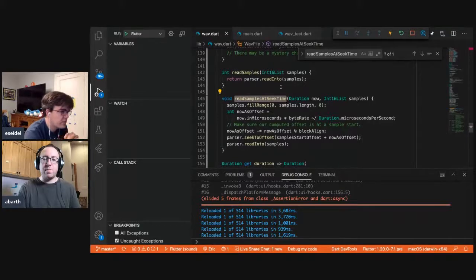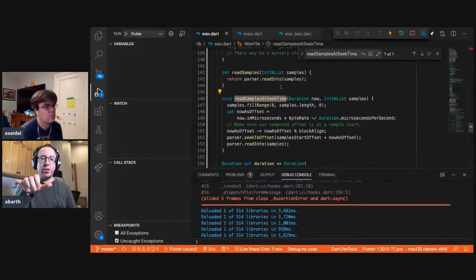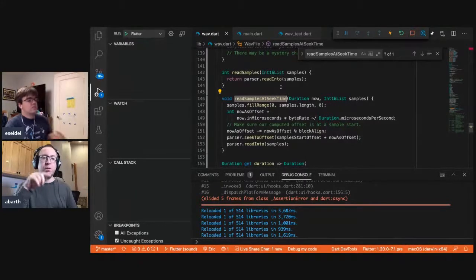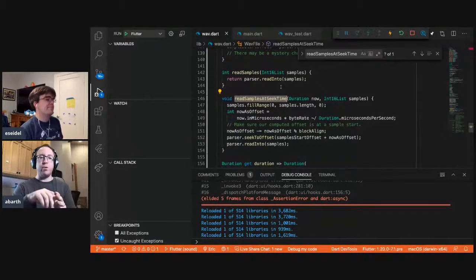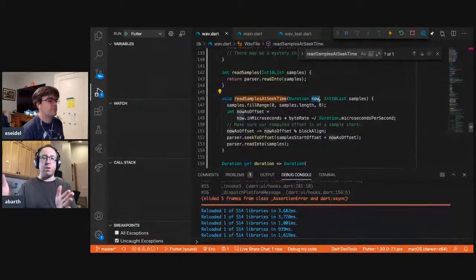Yeah, so we take our signal with fill. Now is an offset. Maybe now is the wrong concept here. Maybe we should give a duration window: here's the window of durations I want to read, please put them in this buffer for me. As opposed to what we were saying before about baking ideas about the view into the model. When we have the concept of now, we're implicitly saying we want from there forward.